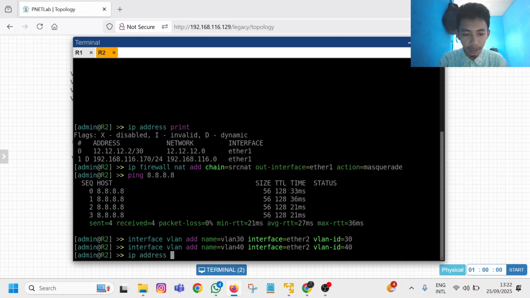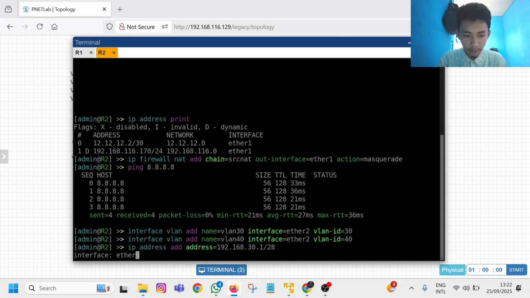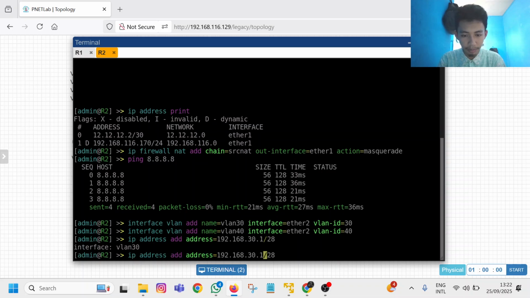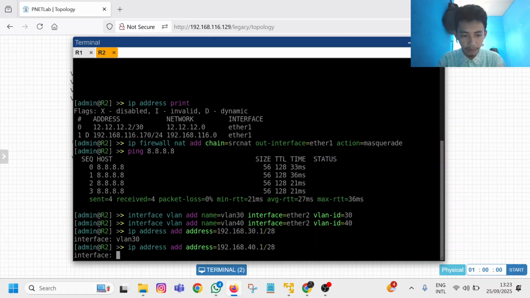Okay, now the IP address: 192.168.30.1/28, interface VLAN 30. Same, but now for VLAN 40.